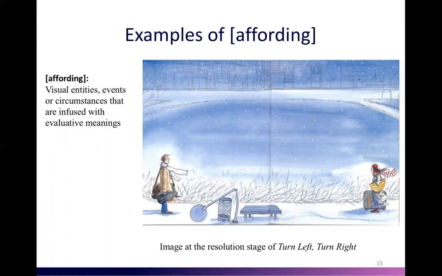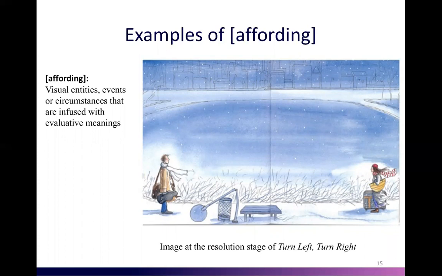Affording option refers to the evocation of attitudes in readers by naturalistic representation of visual ideation, like events, circumstantial objects and human relationships. This meaning-making strategy is also found in other types of visual semiosis, such as news photos. For example, in news photos, we can see the depiction of human characters being injured, and this kind of depiction can effectively evoke shared affect from readers.